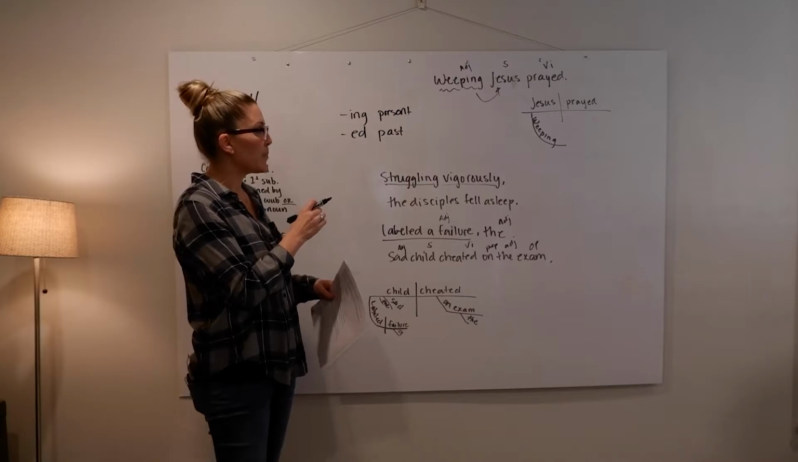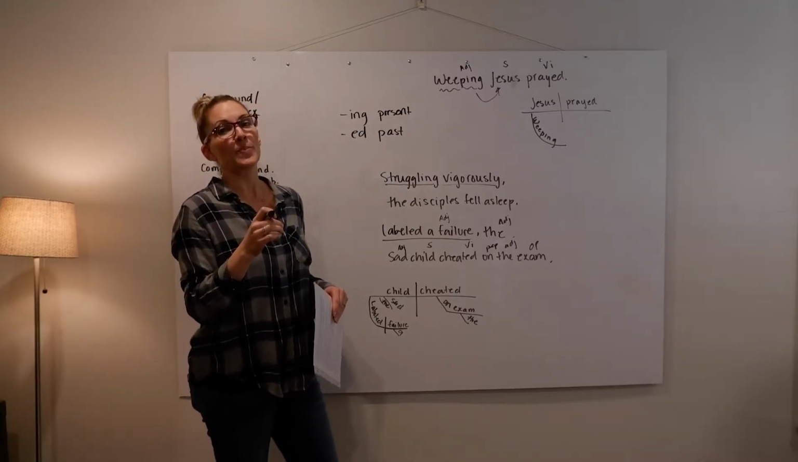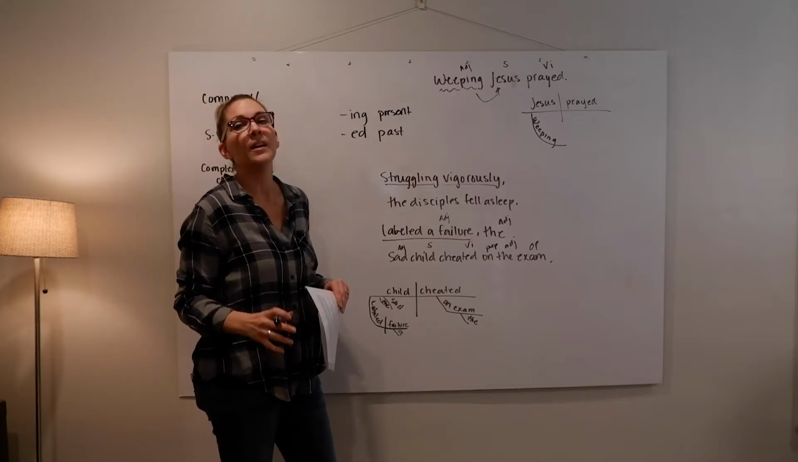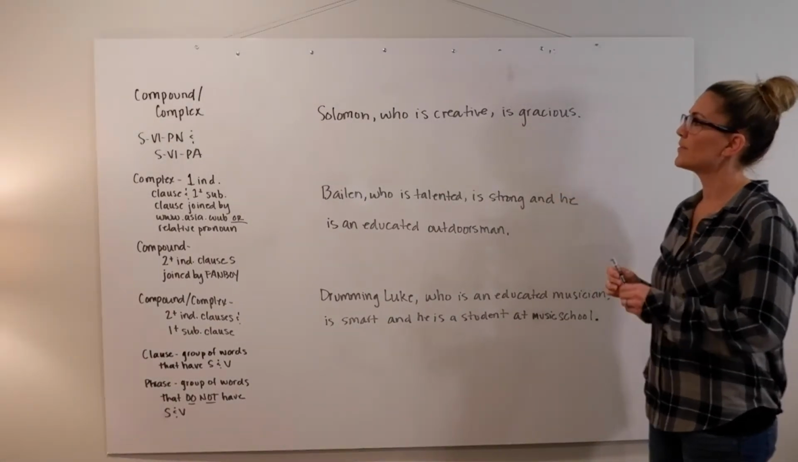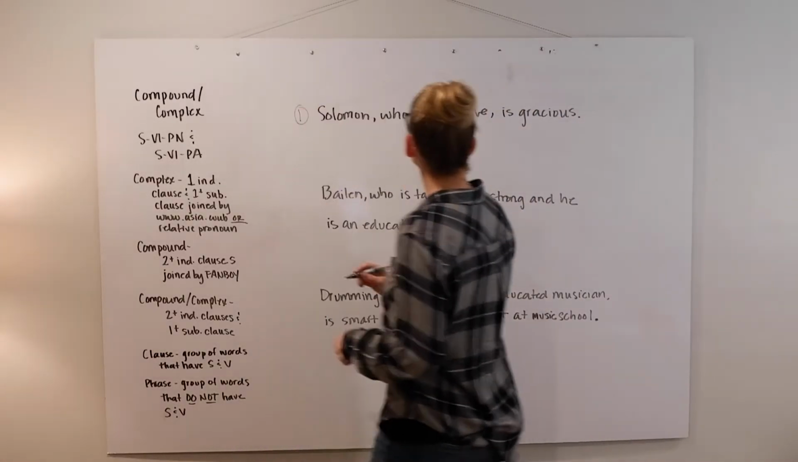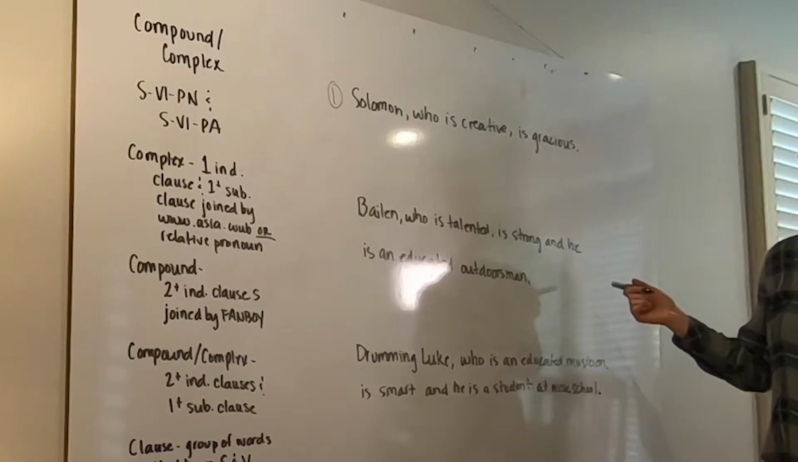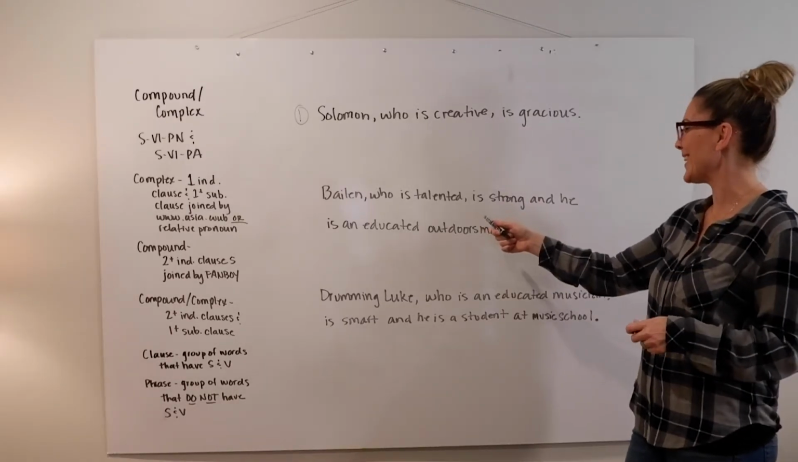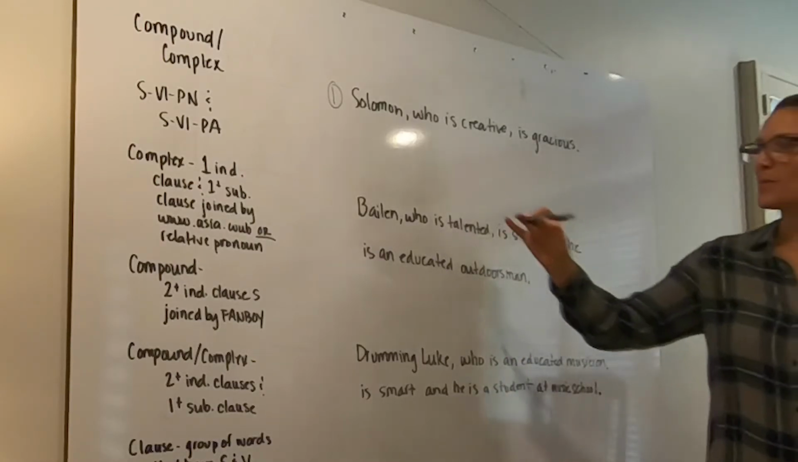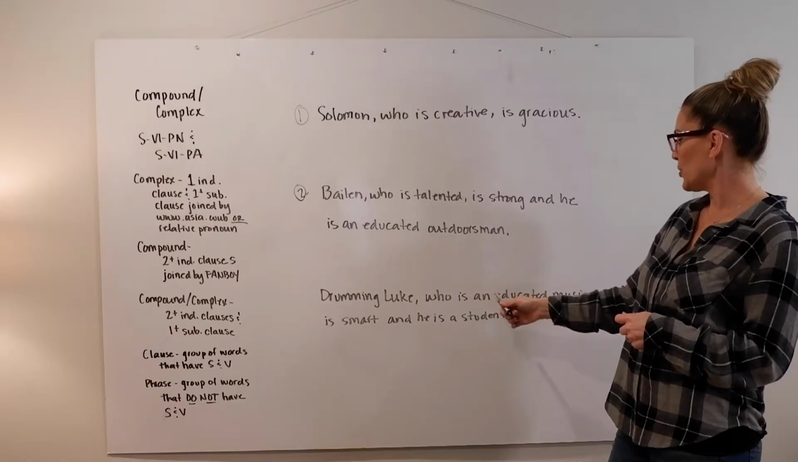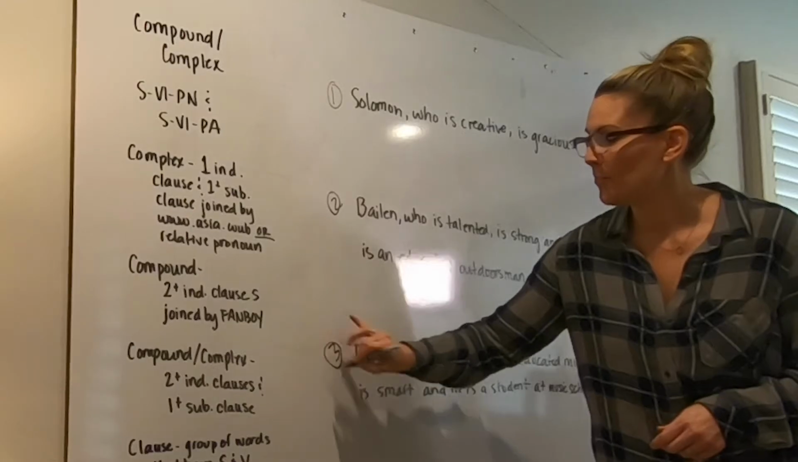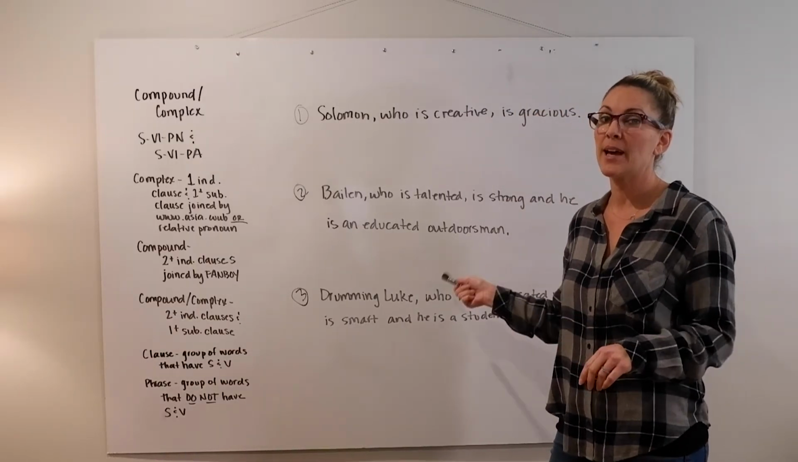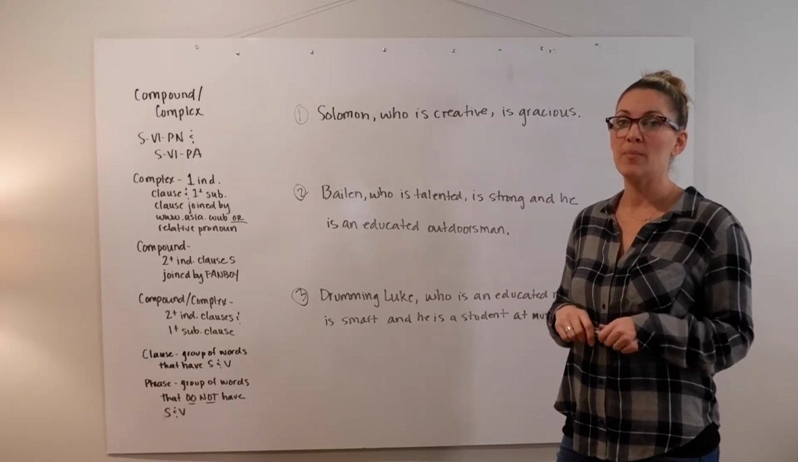Okay, I'm going to put some sentences up on the board now. When I get done, you're going to press pause. You're going to diagram the sentence at home. And then when you're done, press play, and I will have it diagrammed for you, and then you can see if you got it right, okay? Here are your 3 practice sentences. First one, for first years, Solomon, who is creative, is gracious. The second one, Balin, notice I spelled your name right, who is talented, is strong, and he is an educated outdoorsman. And lastly, Drumming Luke, who is an educated musician, is smart, and he is a student at music school. That's for third years. All right, bonus third years if you are also labeling your cases in Latin. So press pause right now, pick a sentence to do, and we'll come back